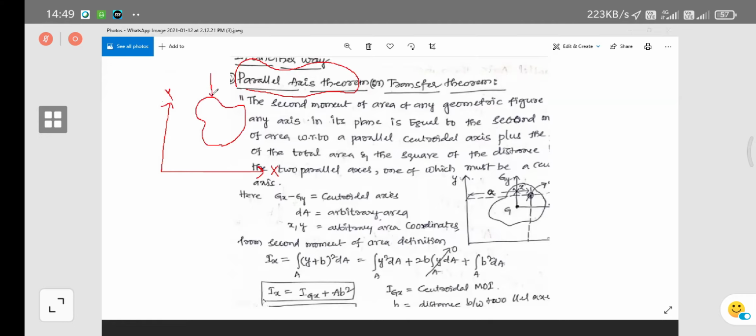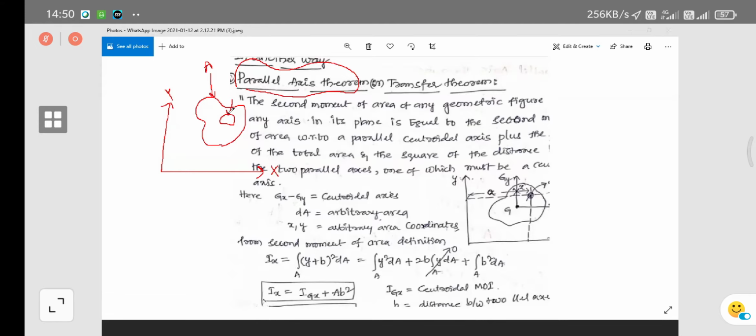The area of this particular figure, or we will call it a lamina, is capital A. A lamina is nothing but a big quantity or big geometric figure. If I want to find the moment of inertia for this one, first of all, take any differential element to which we are going to apply our parallel axis theorem. A differential element is nothing but a smaller element, divided into a number of segments. This is one of those segments here.